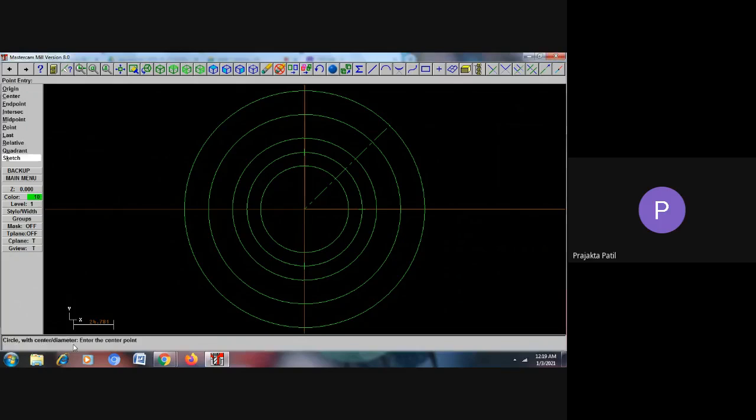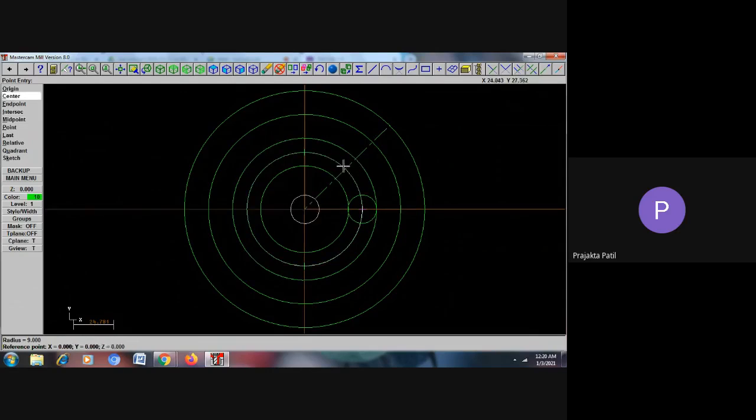So say enter. Now it is asking you where is the center of this circle. So the center of the circle is at the intersection of the x-axis and 72 mm diameter circle. So this is the place where I have to keep one circle and also another circle of the same diameter at the intersection of this 45 degrees line and 72 mm diameter circle.